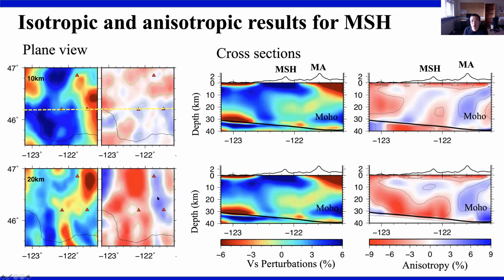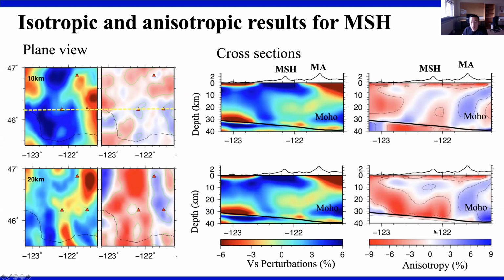I think there are quite a lot of details, because there are also some interesting features for the tectonic structures, such as this strong negative anisotropy here. You see it in the cross section too. So this cross section is along this line. You can see it extending all the way from the coast to somewhere right between